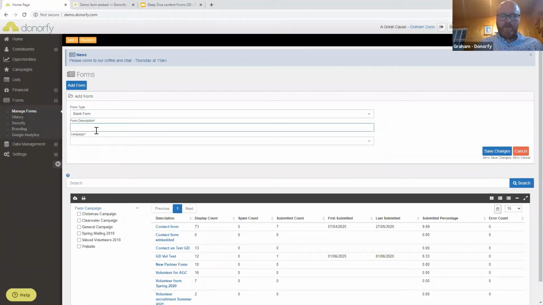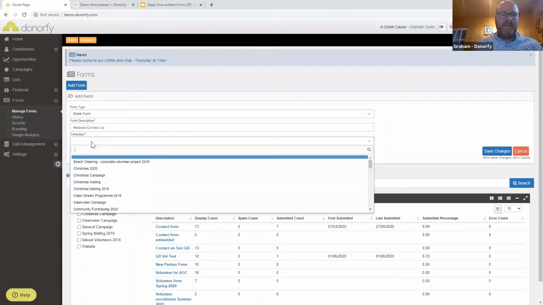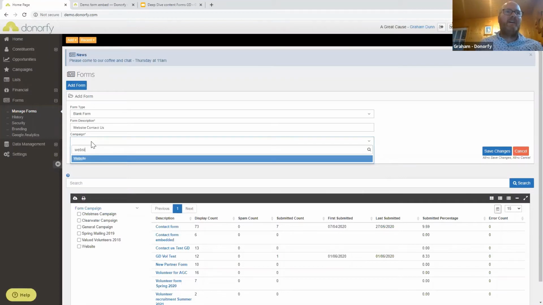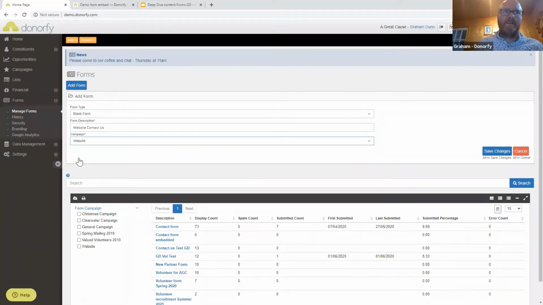I'm going to call this website contact us, and for every response that comes in, we can set a campaign. Because the contact us is going to sit on the website, I've set up a campaign, and we're going to call it website. So I'm going to save the changes,